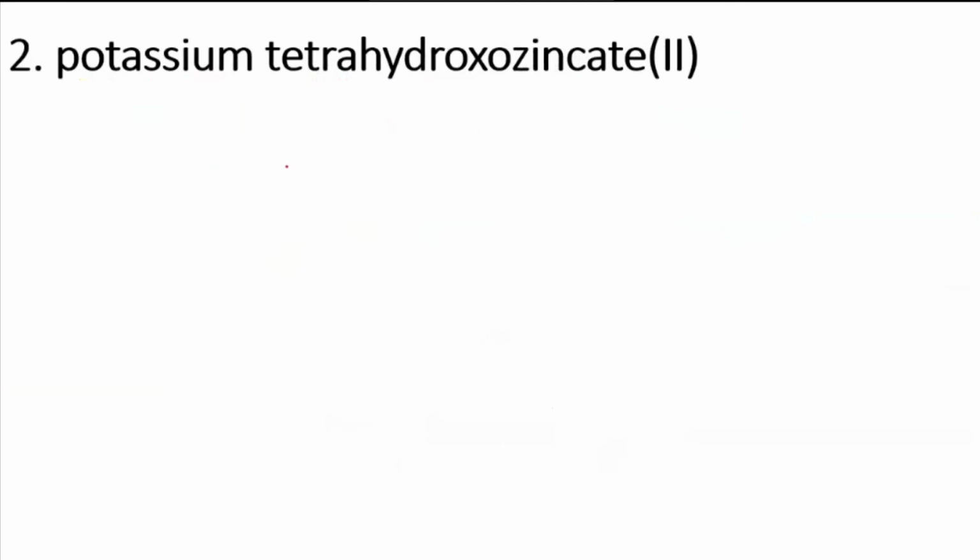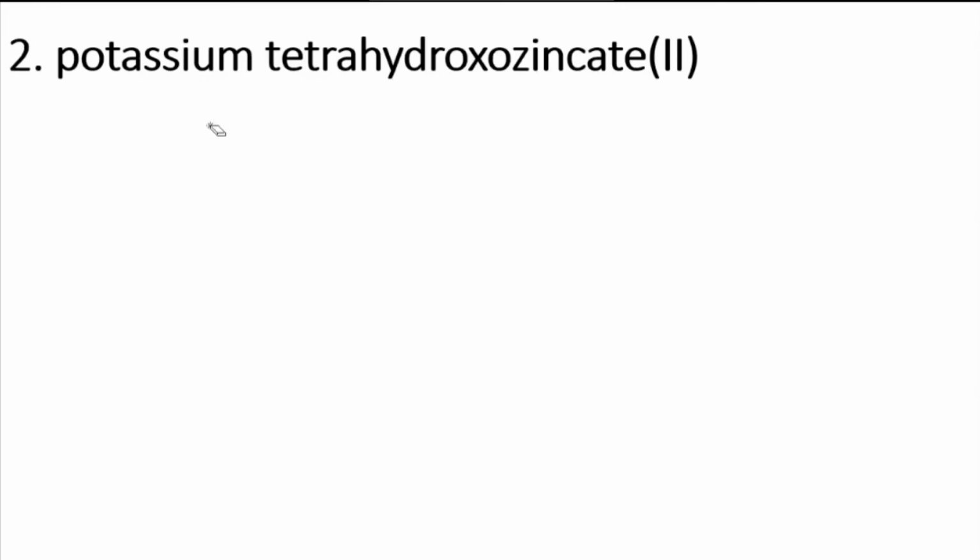The identifying process is by seeing the metal which comes on this side. Suppose you have a positive metal, that means this whole complex has a negative charge. So that's how we identify. This second complex which I have given here is an anionic complex. Now we'll start writing the formula.